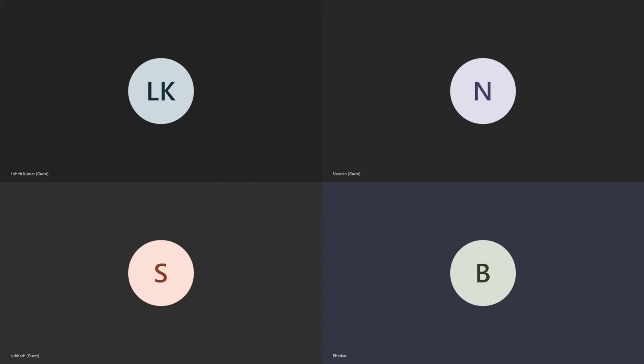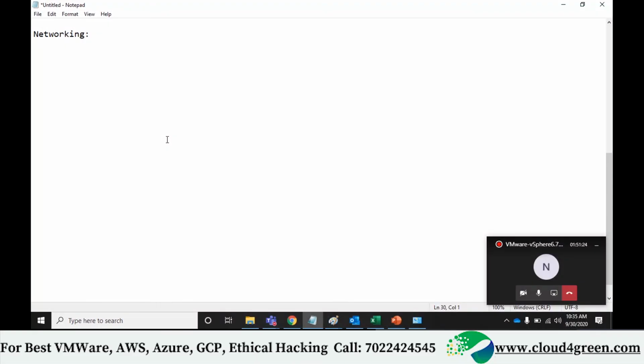Okay, moving on. In vSwitch, these are the key things you should remember. I keep on asking you. vSwitch is equal to VM port group plus VM kernel port. Repeating again, vSwitch is made up of two types of port or port group. One is called VM port group, the other one is VM kernel port.